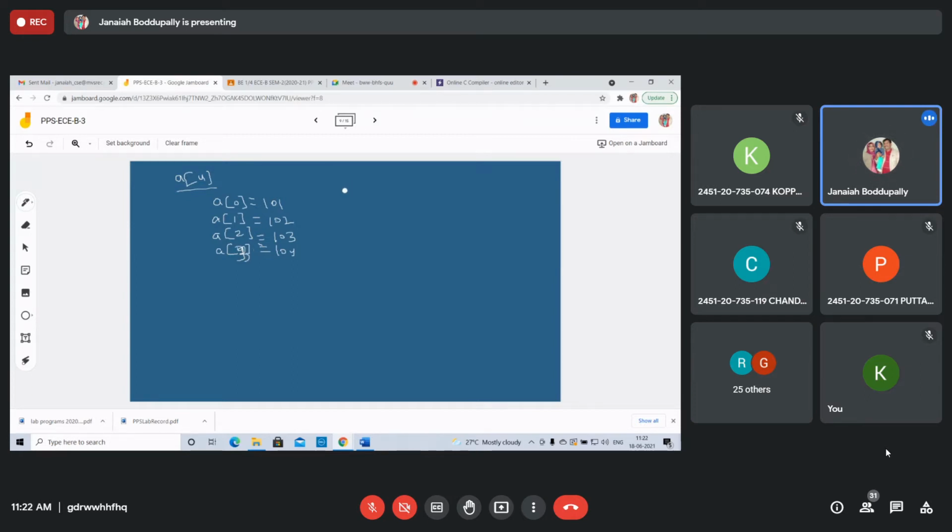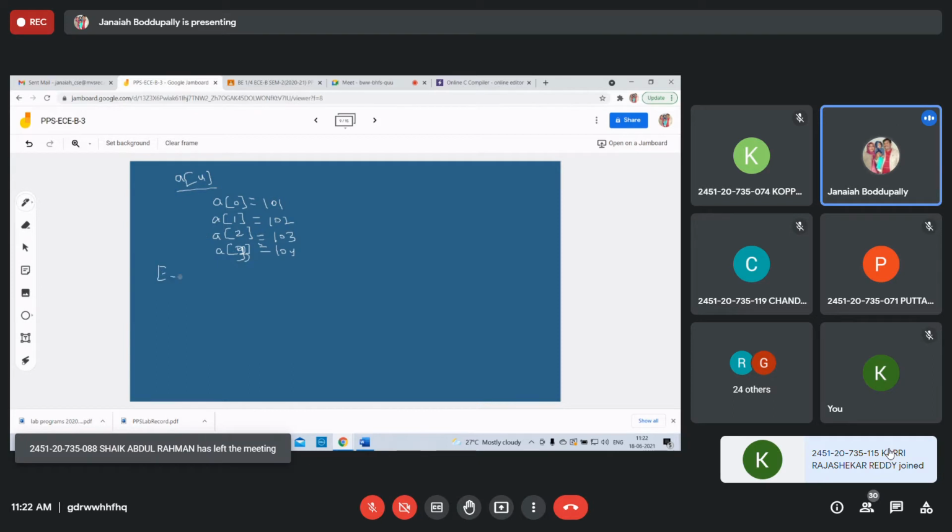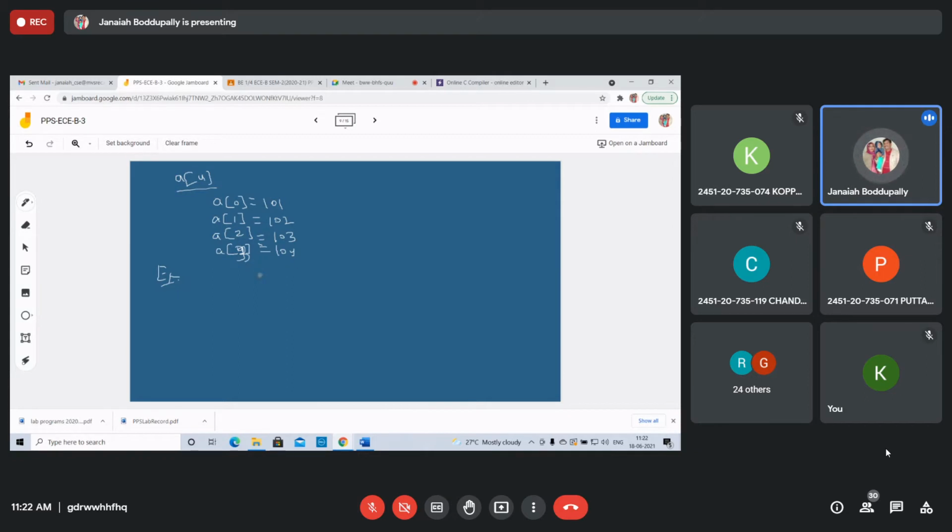Example. Suppose the array name is A and I want to store 8 values like this. Array values are stored in continuous memory locations. Array elements are stored like this.